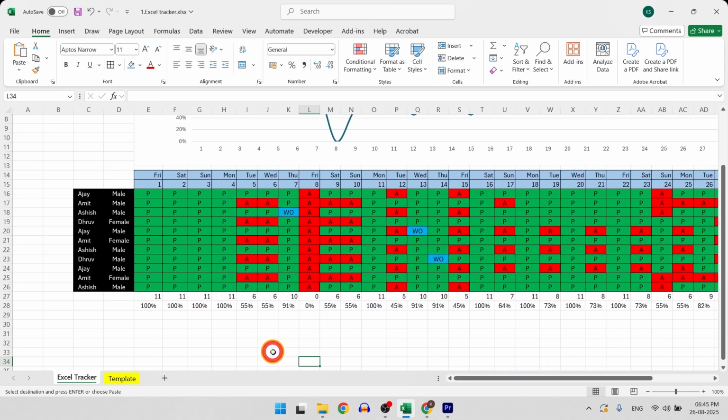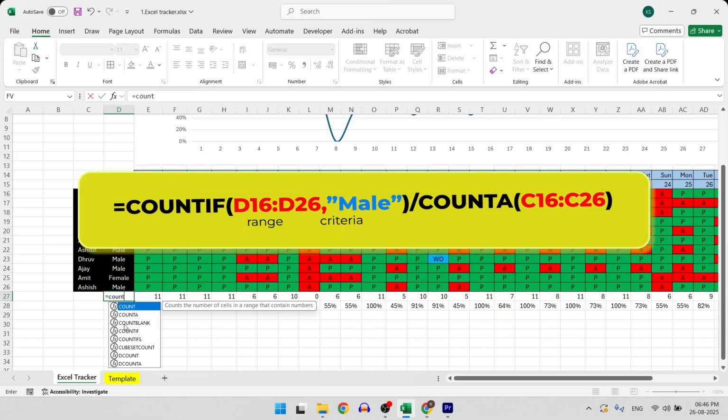So for males, we will type the formula as COUNTIF range, and then for condition I will type it as male. So this gives me count of males.